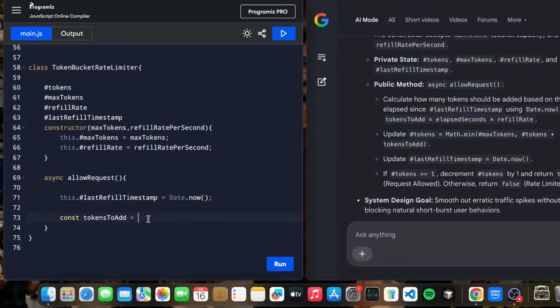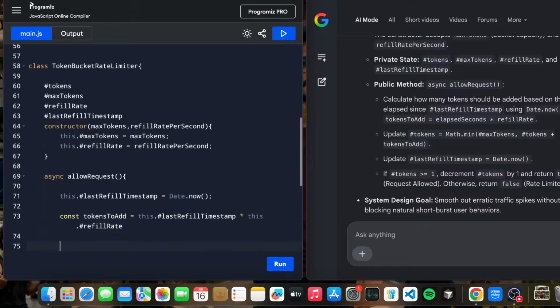Let's go with the flow and understand how we can manage it and multiply by this.refillRate. This is the thing that we have concluded by our understanding. Got it. After that, what we have to do is update #tokens. this.#tokens equals Math.min(#maxTokens,